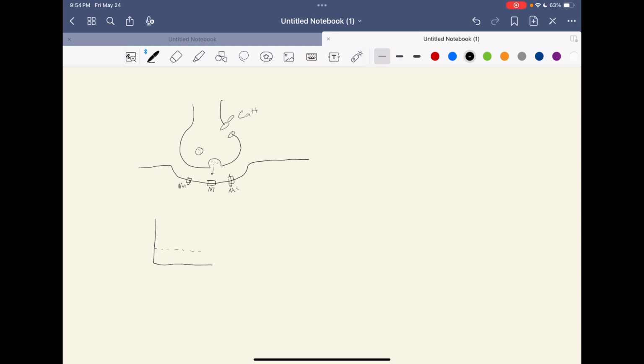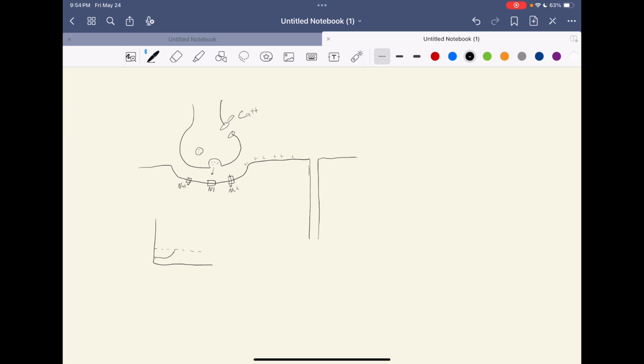So if we draw an action potential graph here, we'll start to see it moving towards threshold, but it's not going to be enough. And we're not going to reach that threshold for the full action potential. But as it hits, it's depolarizing and causing these charges to move towards what we call the T tubules. These T tubules are just long and thin tubes that extend out from the neuromuscular junction, and adjacent to them